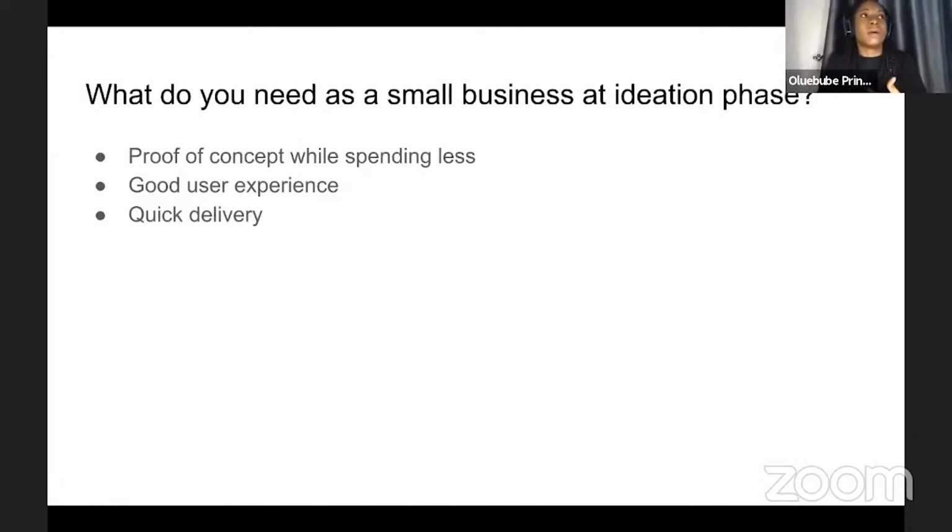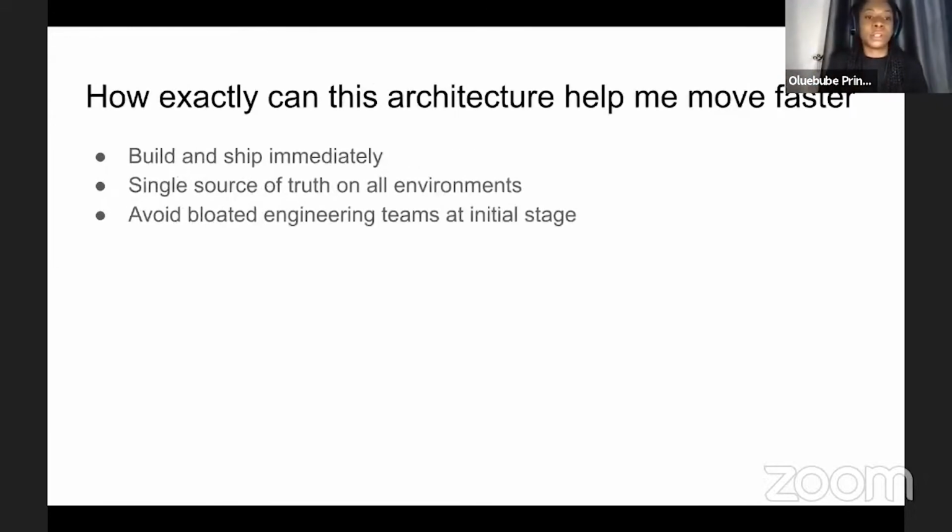And then the moment you make a change, you can easily deploy it with confidence. So you can get feedback from your customers immediately and make very quick iterations without having to